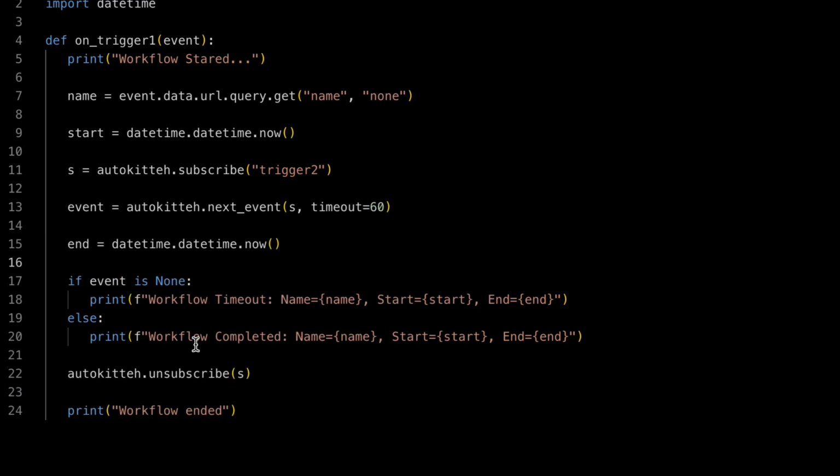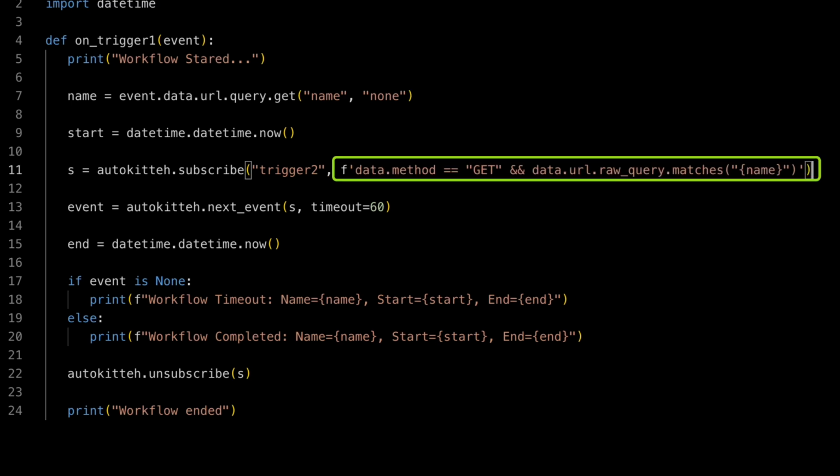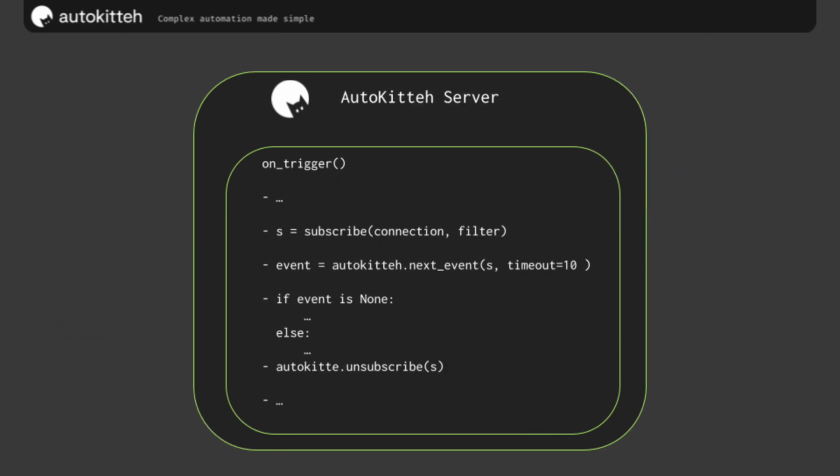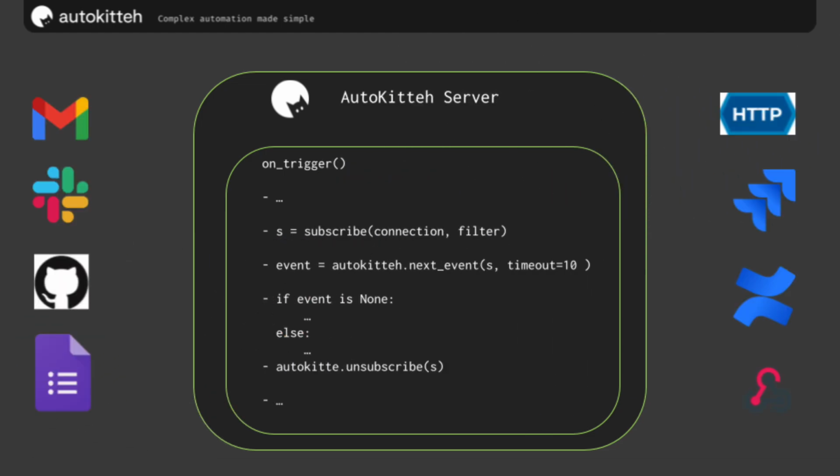Suppose we want the second event to contain the name that appeared in the first event or ignore the event otherwise. We can add a filter by using the CEL, Common Expression Language, filter. Here, only events that match the name in the query will be processed. This pattern works for any event source, Slack, Gmail, or other services, enabling you to build long-running, event-driven applications quickly